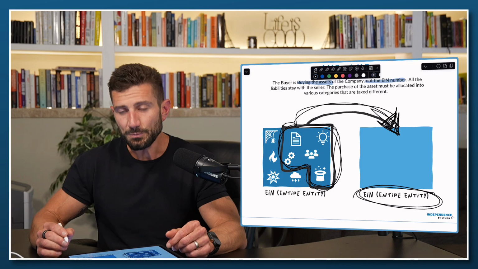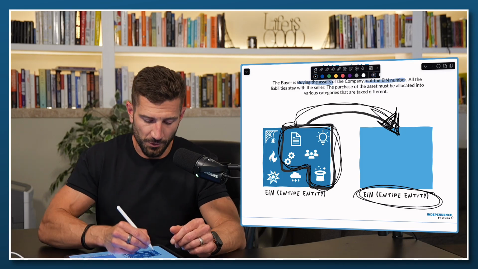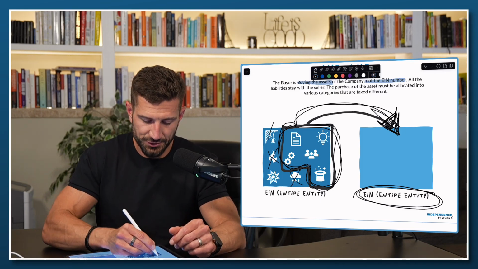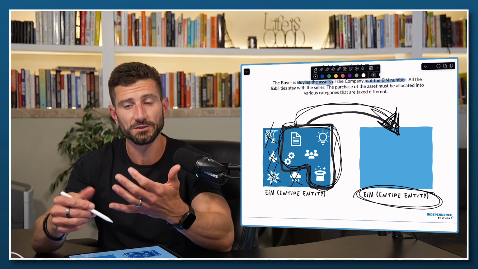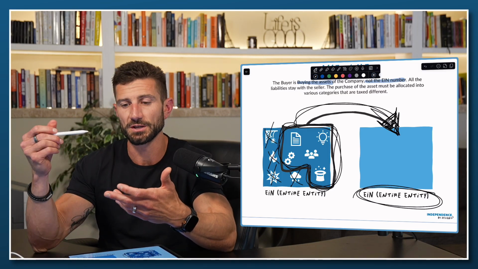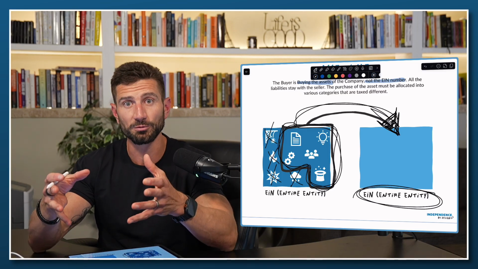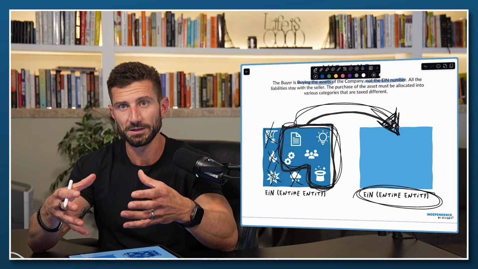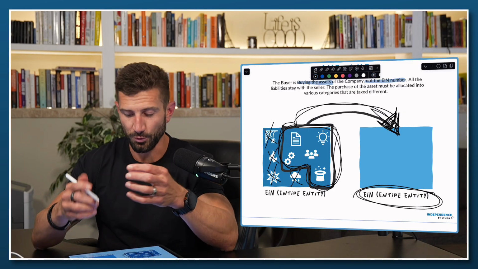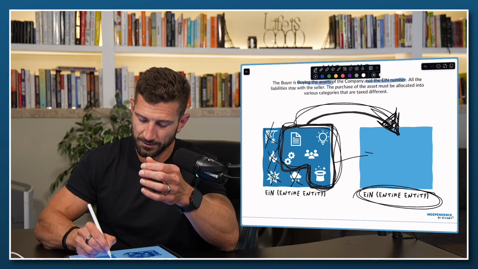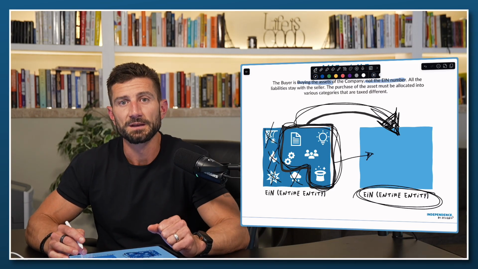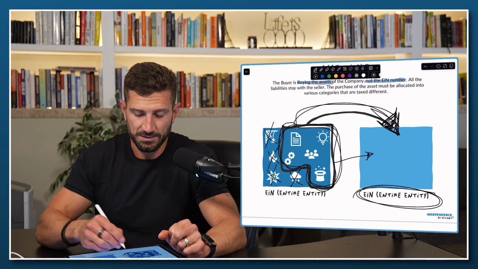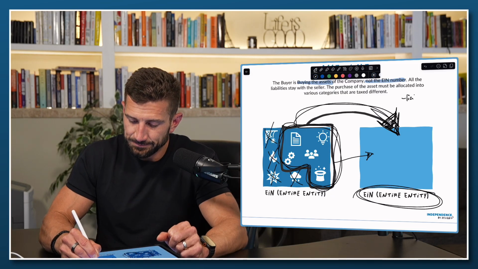So what we're doing is they're avoiding all of the gotchas. That can be environmental issues. It could be employment issues. It could be all these different problems that they're avoiding by just buying the assets of the company and putting them into their EIN number. Couple things that happen. So one is the liability